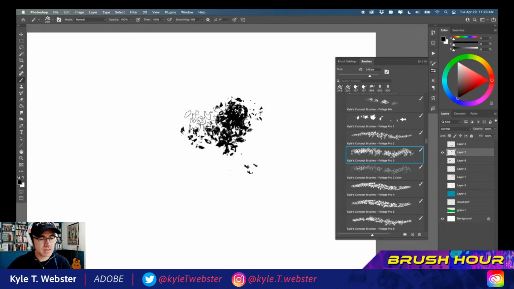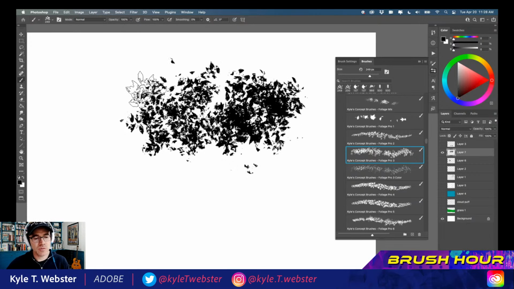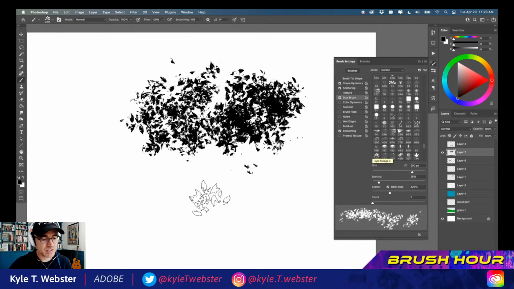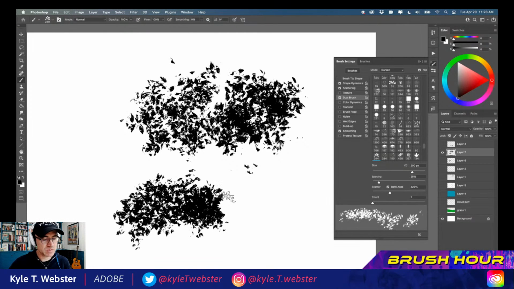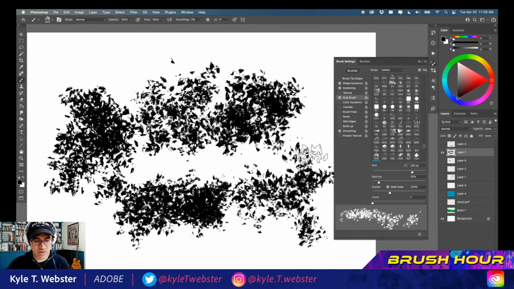So how do we make these? Well, same as before. I'm taking advantage of dual brush, and I'm using shapes that are similar. So for the dual brush, for the parts that are being eliminated as we go, I'm using another leaf shape. This one is set to darken as well. Depends on the way you want it to function. If I set that, it does a nicer job of removing